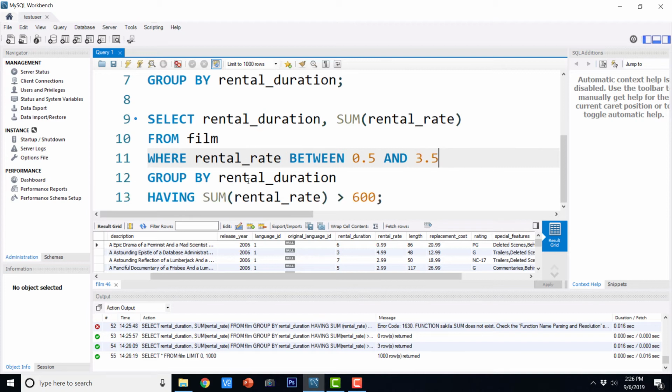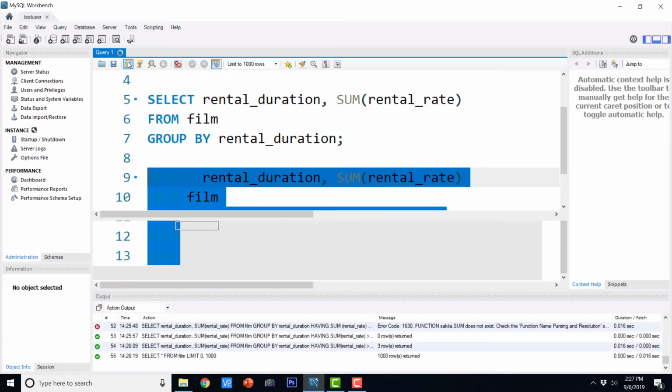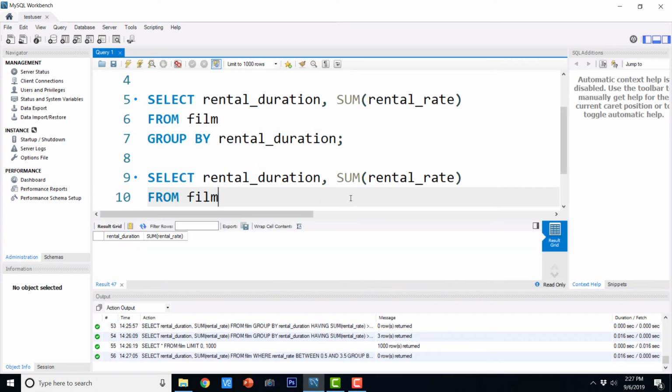Now this query has both the clauses: the where clause as well as the having clause. So if I execute this, it is going to show me the output.